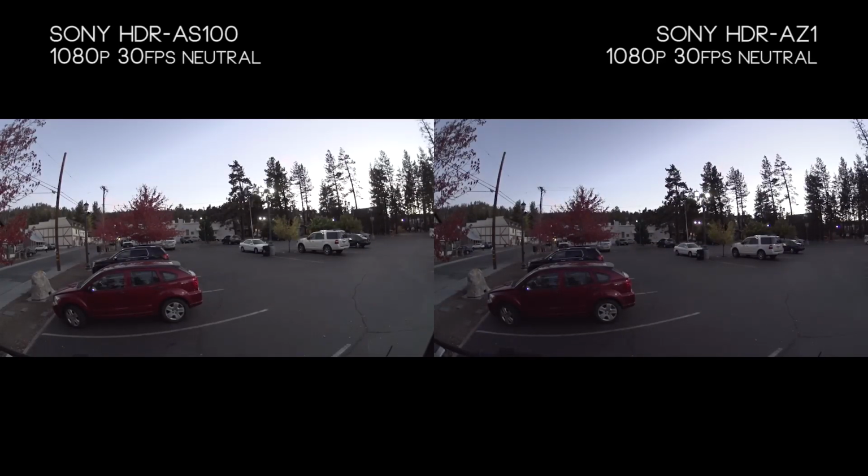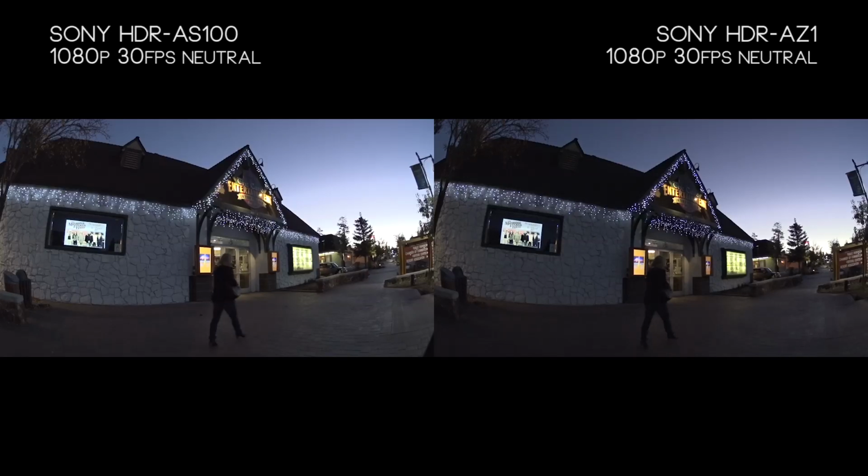Now, both of these cameras, the HDR series, are really well known for handling low light really well. I think they're one of the few action cameras you can get that are reliable at night and have consistent results. I think both of these cameras look great in low light. We'll put both of these right here with these Christmas lights. The AS100 again has those nice bright whites, but the AZ1 is slightly crunching a little more, and we're kind of adding that red tint. You kind of see that in those Christmas lights a little bit,